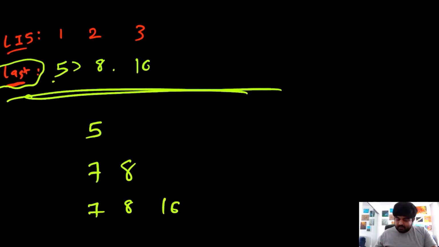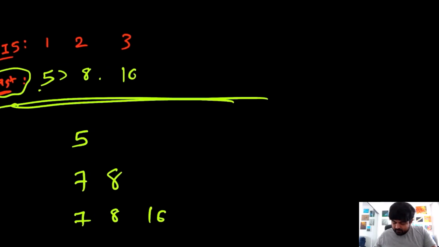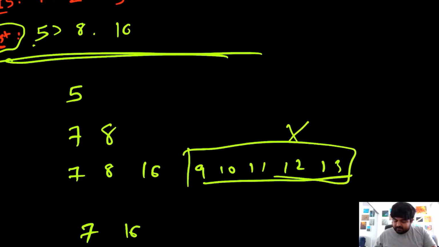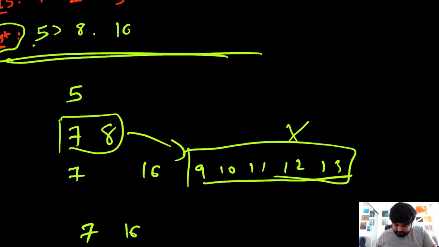so that we can use it, because suppose all the values that come after 16 are like 9, 10, 11, 12, 13, and if we had created a subsequence called 7 and 16, all these values we would not be able to consider as part of our longest increasing subsequence because we don't have this 8. But if we have this 7 and 8 over here, and these values come after 16 and we have created a separate entry like this one, 7, 8 and 16, which is separate in itself, we can actually append all these 9, 10, 11, 12, 13 values behind this 7 and 8, and this would be our longest